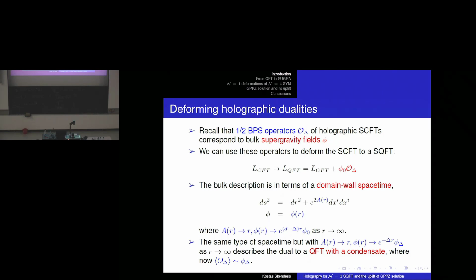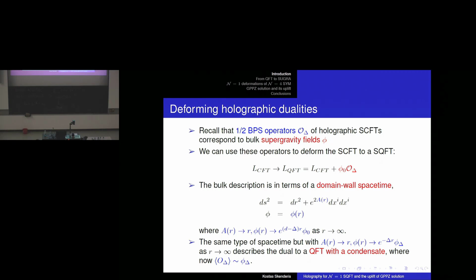Now, exactly the same type of spacetimes also describe the case where we have a quantum field theory with condensate. In that case, the only difference is in the asymptotics of the scalar field, which now goes to 0 with this rate. And now this parameter over there has interpretation as the vacuum expectation value of the operator. Okay, that's the main